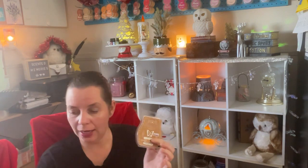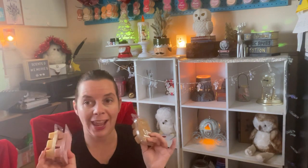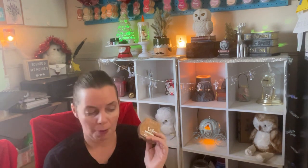But from our last Bring Back My Bar we had Hug in a Mug, and I have done these three together and you totally get that vanilla strawberry chocolate ice cream vibe. But if you don't have access to Hug in a Mug, my suggestion would be, again, bring back my buy in January,